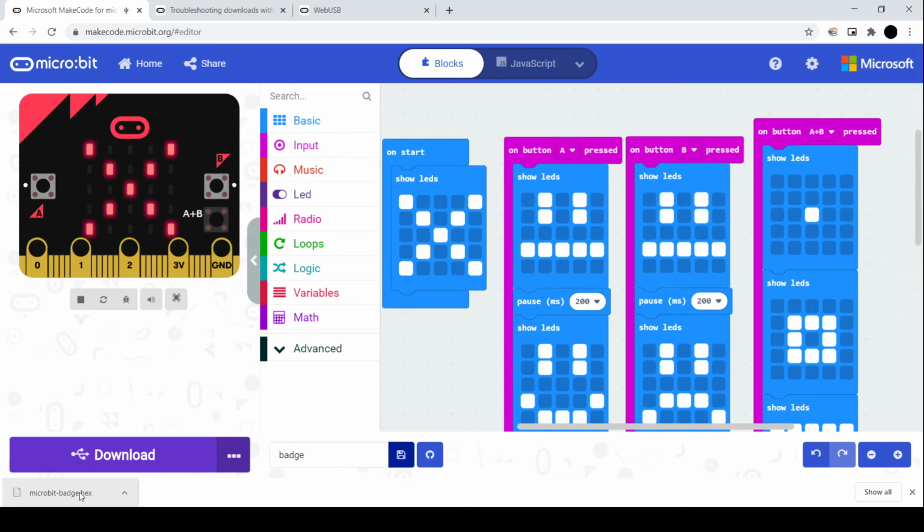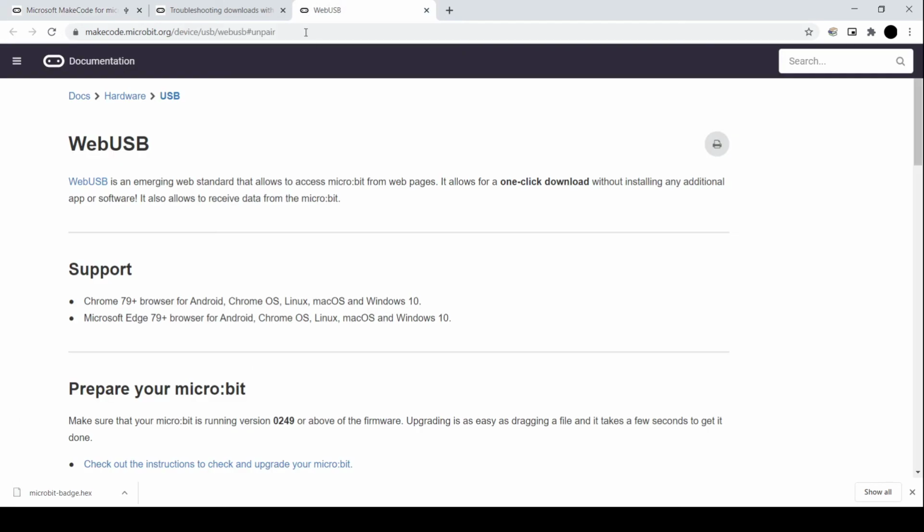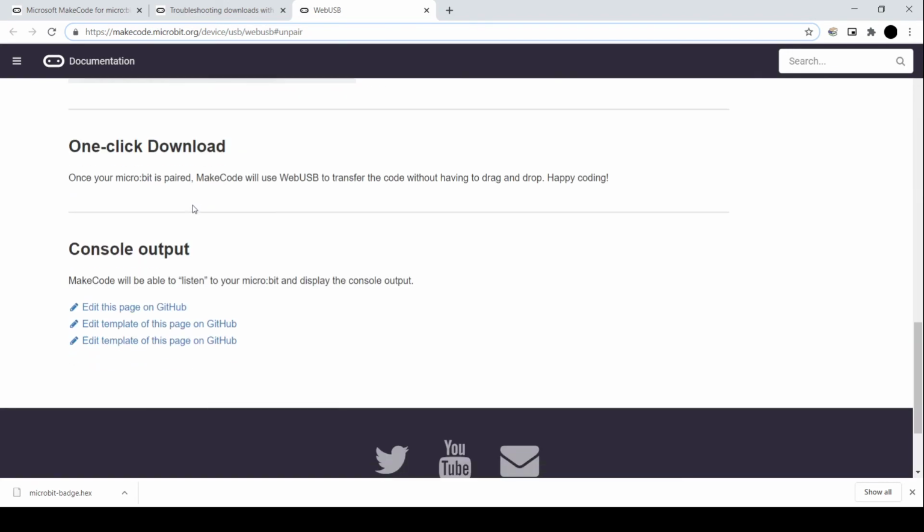Basically, when you put that hex file on the microbit, it will know when it runs to run that program, like install it and run it. And you can drag and drop it each time. Instead, what you can do, and this is a good thing for this first lesson, if you go to this address up here, this web USB bit on makecode.microbit, it will...